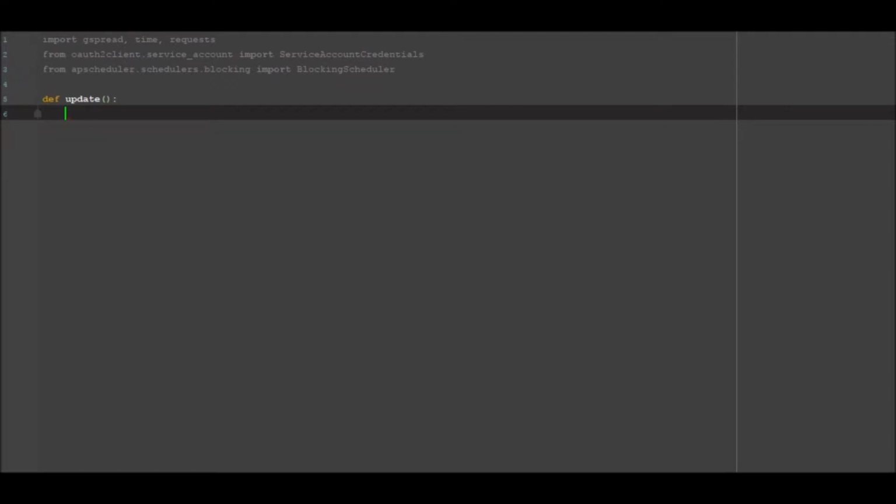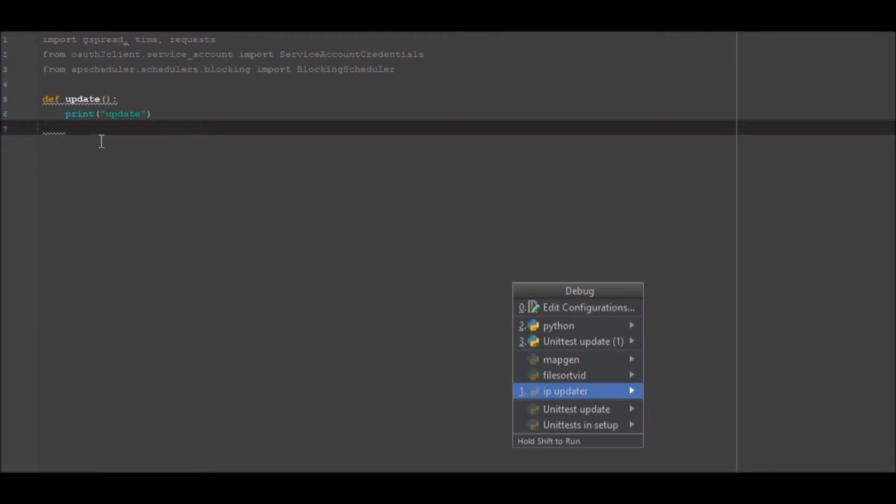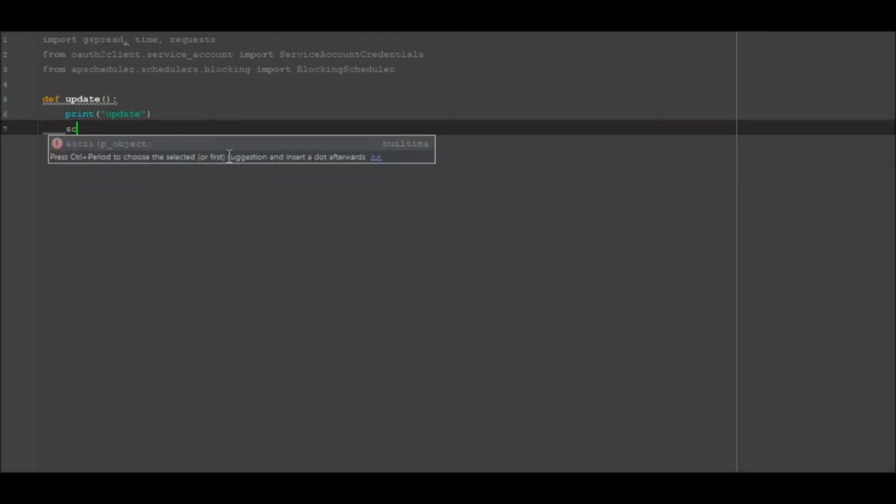Define update. So what this is going to be is a function that skims our IP address and then shares it to the Google spreadsheet. So we're going to want to print update, just so we have a reference of when it's being used and whether it's actually working and loading this function. We want to go scope equals, and this is the web address for our Google feed. So https